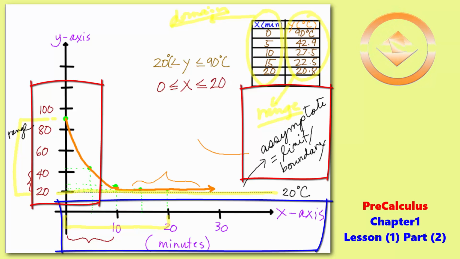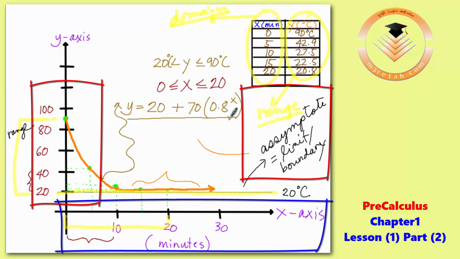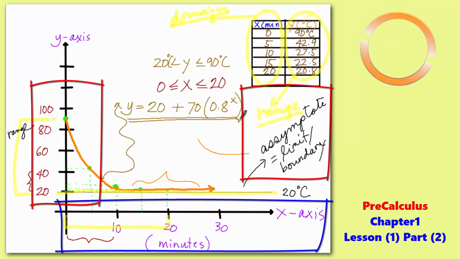Now this function, the curved function here, would be y is equal to 20 plus 70 times 0.8 to the power of x. It's a power function,